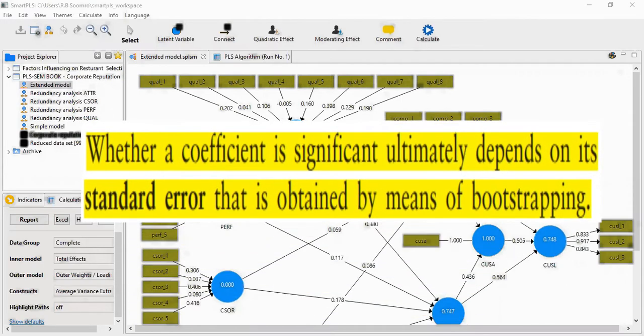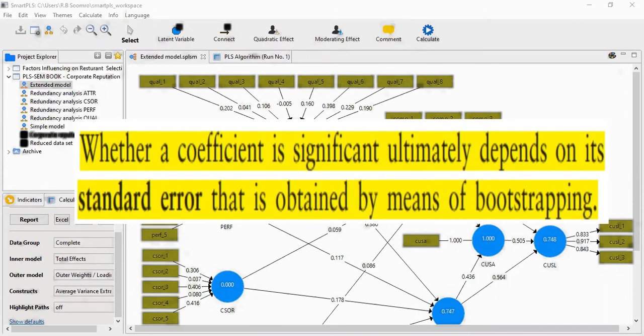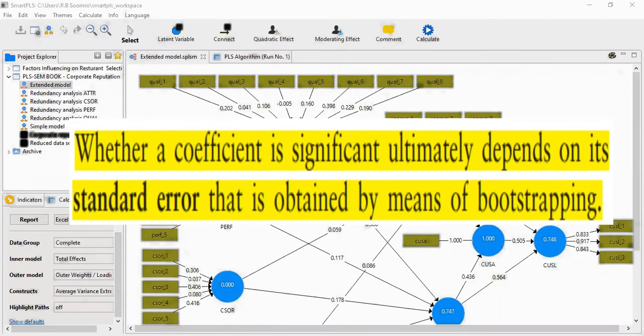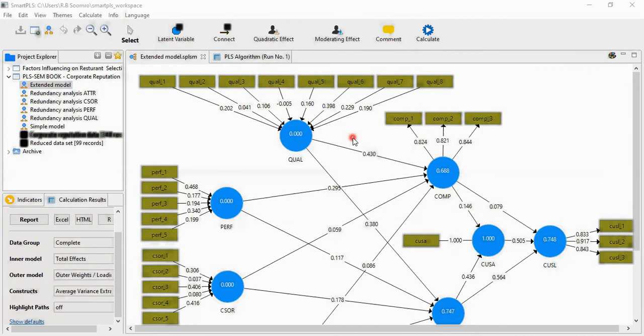The bootstrapping standard error enables computing the empirical T values and the P values of the structural path coefficients. Through bootstrapping, we get the standard error in the shape of the P value or the T value, and based on this we decide